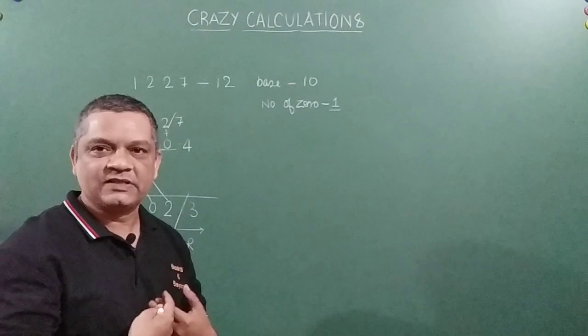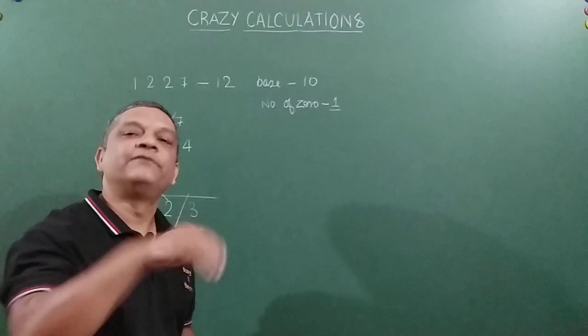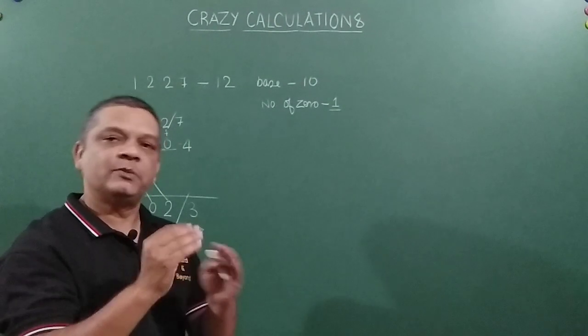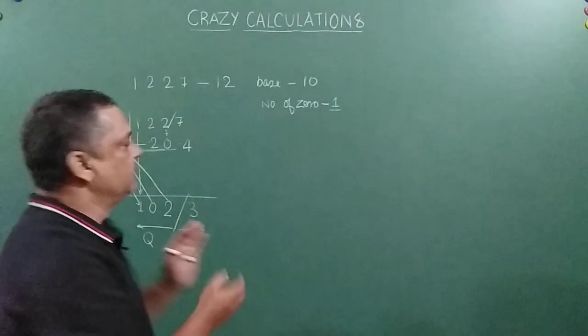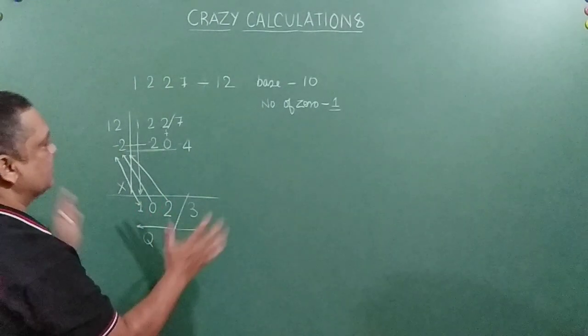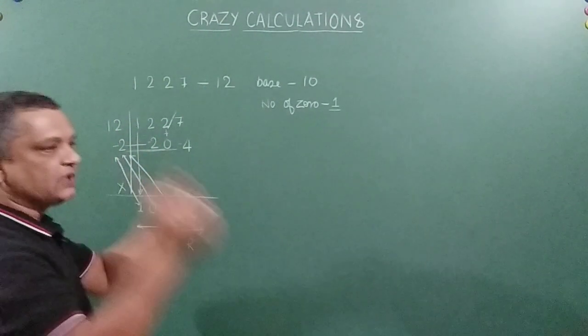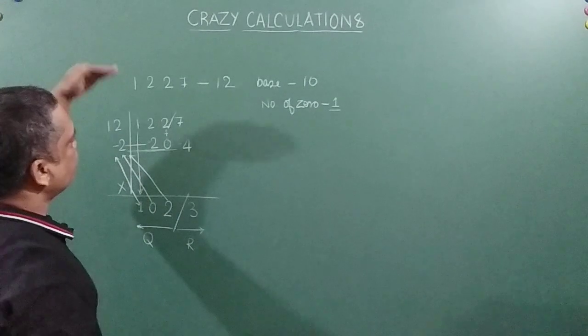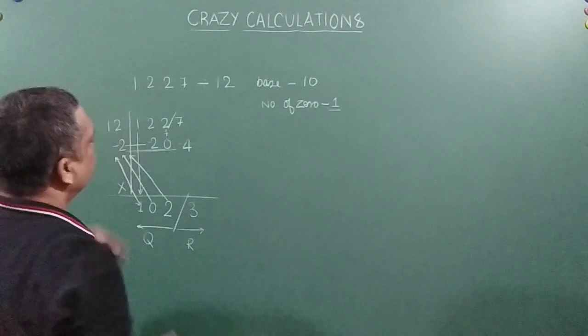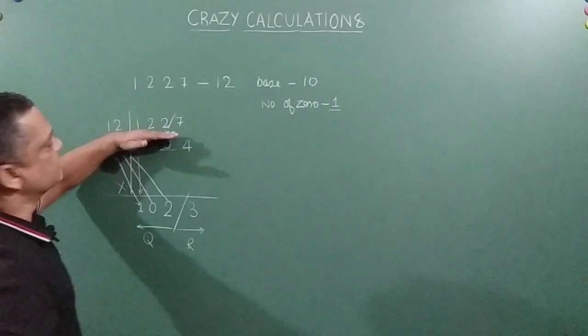Now once the concept is clear, we will try to understand a few more examples where the difficulty level will be slightly higher than this. This was the very basic one, just to illustrate all that. So just to summarize, what we need to do is that this number, that is the dividend, we have to reproduce in this form.